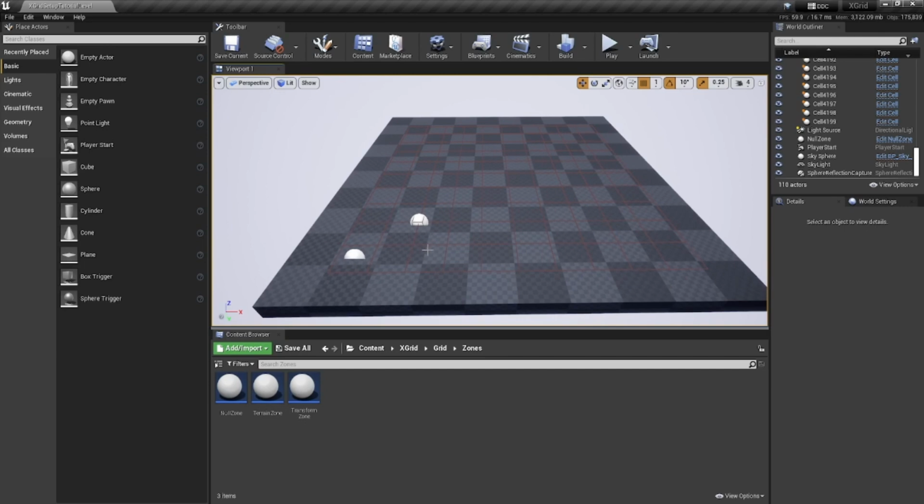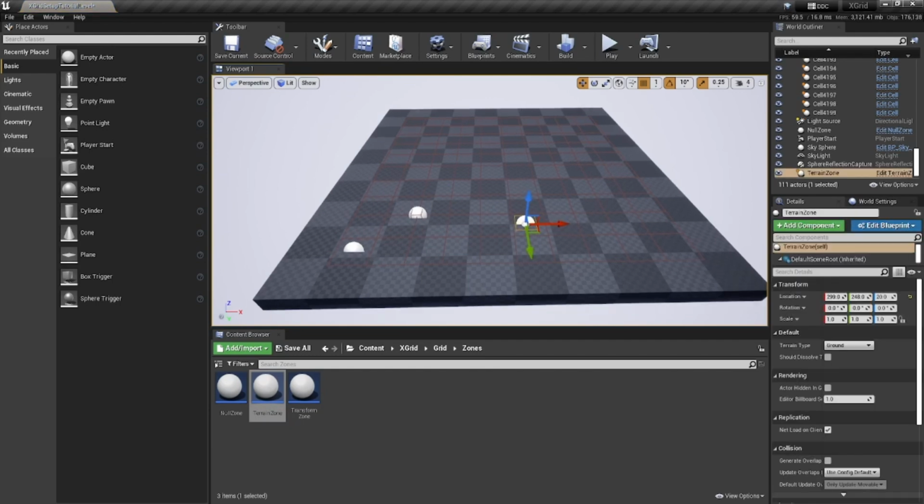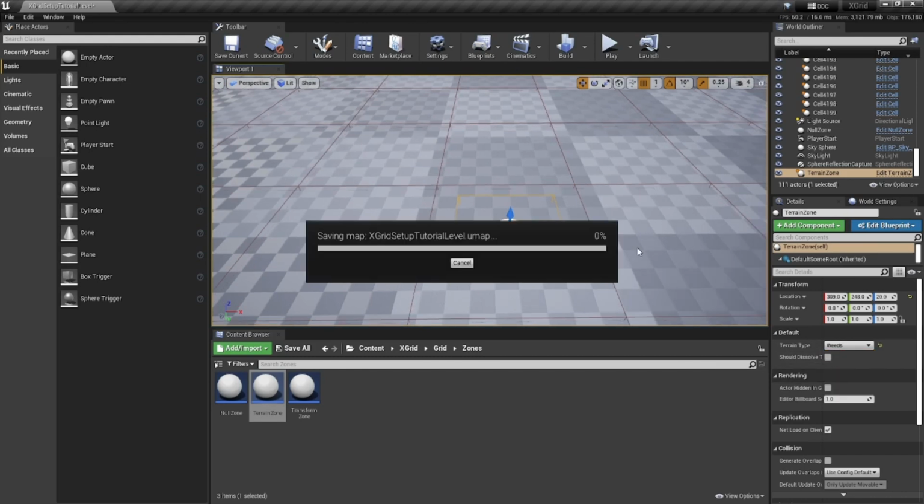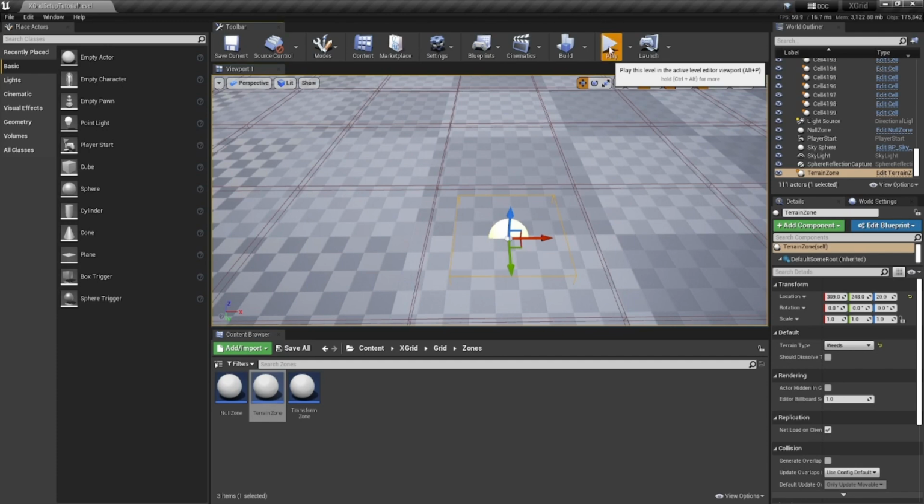Okay, so the second type of zone that we're going to take a look at is the terrain zone. So let's go ahead and grab one and drag it out onto the grid. As we can see, it kind of looks like a null zone, but if we look in the details panel, we'll see that we can actually specify a terrain type for this particular zone. So for this example, let's just go ahead and select weeds, and we'll go ahead and save that. We'll hit play,